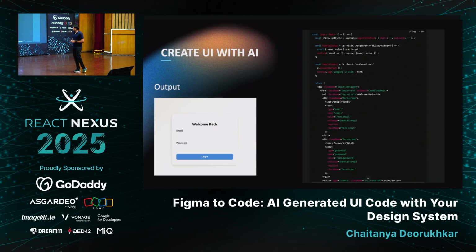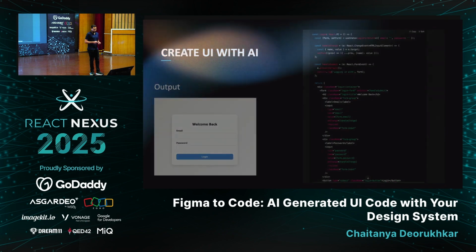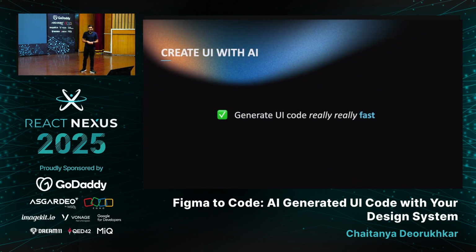It built some good-looking, semantic code, but the output of the UI looked like I could go book a train ticket on it. So we thought, it's all right. It can generate UI code really, really fast, and it's really good at it. But what it's not good at is generating good UI code really, really fast. Now I know this is very arguable, very debatable, because what's good for one use case may not be good for some other use case.